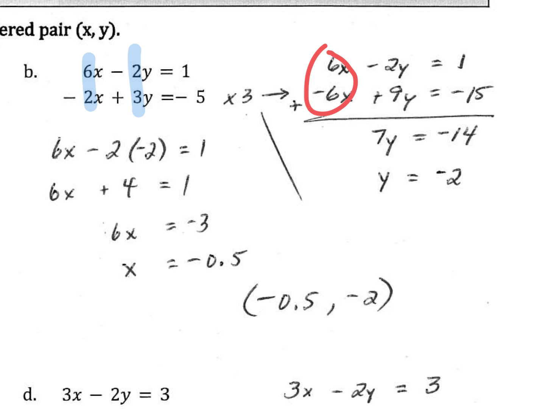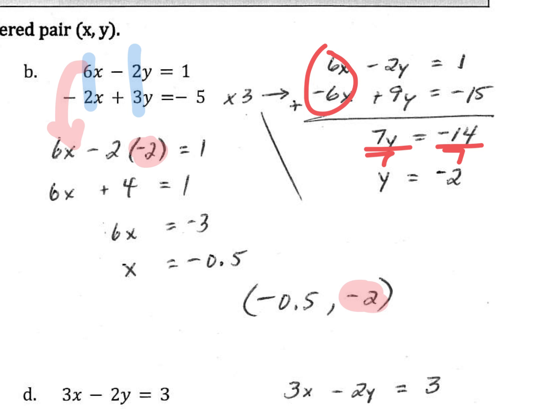Now, 7 times what number is -14? If we divide both sides by 7, we get -2. So -2 is our y answer. Let's go back and find our x answer. If I copy down that first equation, 6x minus 2y,